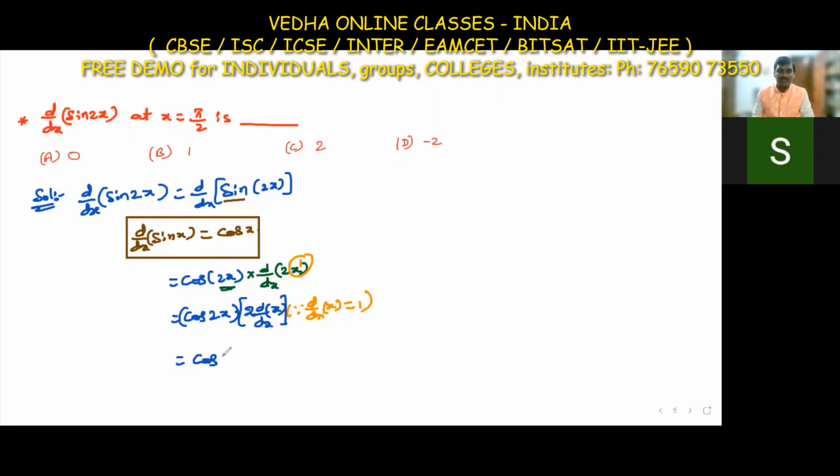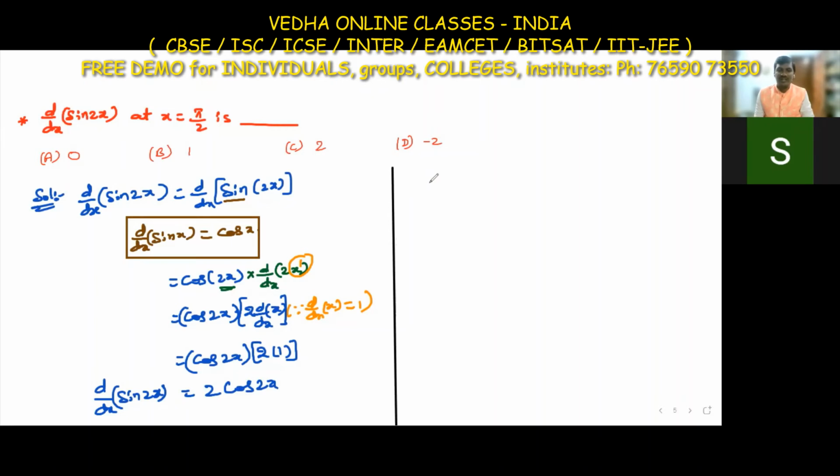So now this equals cos 2x into 2 into d by dx of x, which is 1. So 2 into 1 is 2, giving 2 cos 2x. This is the value of d by dx of sin 2x. But he gave one condition. What is the condition? He gave some x value also. This is usually only the final answer, but he is asking for d by dx of sin 2x